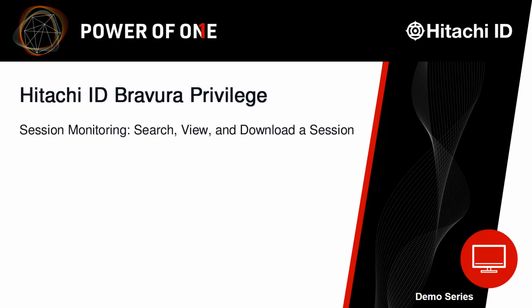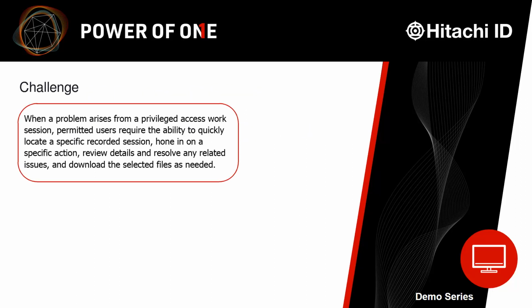This video will provide an overview of session monitoring and illustrate how a permitted user can quickly locate, view, and download a recorded session based on defined criteria. When a problem arises from a privileged access work session, permitted users require the ability to quickly locate a specific recorded session, hone in on a specific action, review details and resolve any related issues, and download the selected files